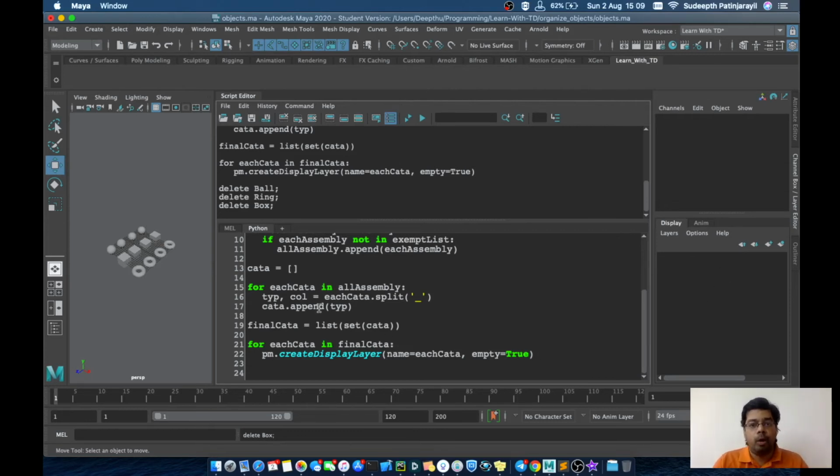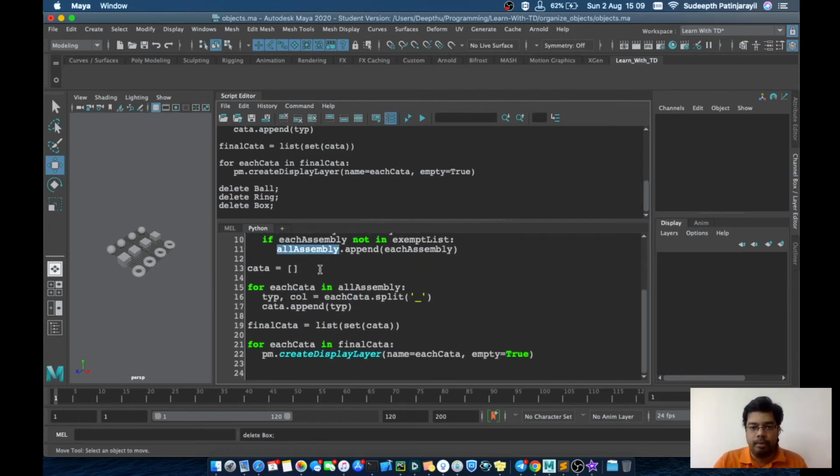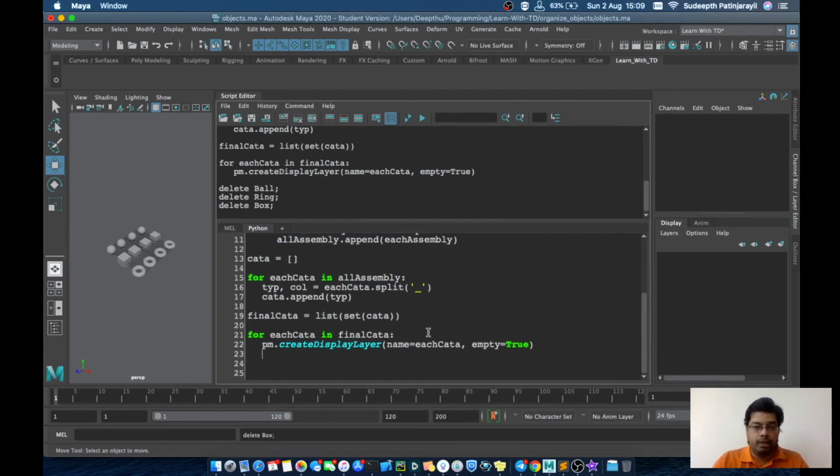For that we have to loop over the objects. So where are these objects? These objects are all in all assemblies. We are having all these items in all assemblies, so we are going to loop over here. Because each category will be taking this item, we are creating a single line.